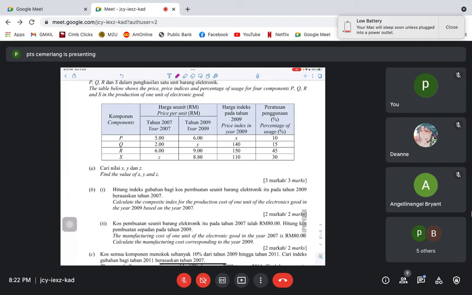You only see this one in section C. You won't see in any other part. You takkan jumpa dekat section A, you takkan jumpa dekat section B. You only see in section C only. Okay, so that's why